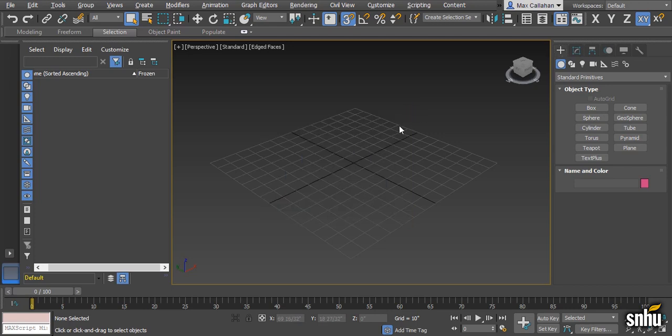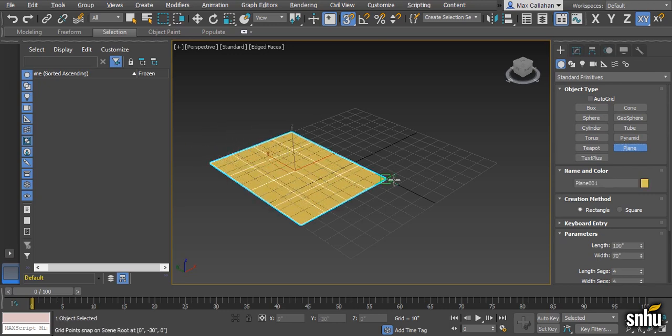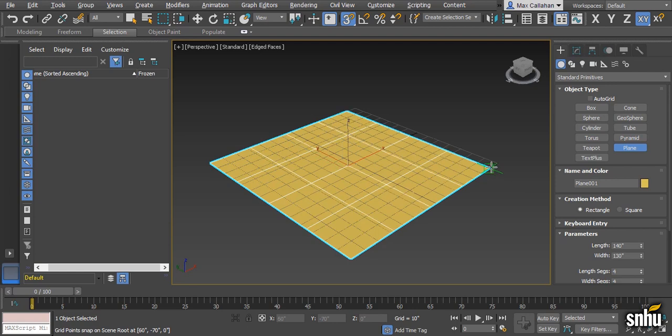Now, I'm going to create this plane by going to the Create panel on my command panel here. Make sure that I'm in Geometry and then Standard Primitives from the drop-down menu, which is the default, and I'm going to choose Plane here. You're going to see now, as I move my cursor over the grid, it's snapping to these grid points, any intersection between the grid lines. So I'm going to create a plane here that goes from the corner of one, and as I drag it, you see it snaps to each grid point, and once I get to where I want it, I let it go